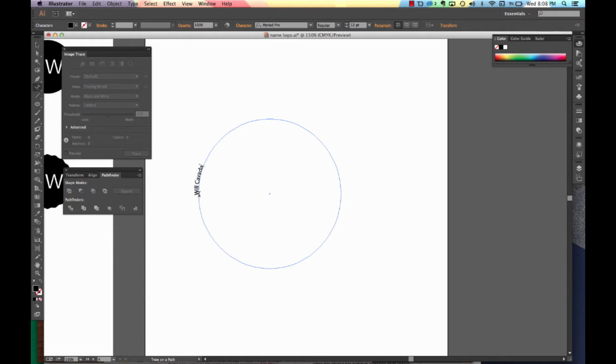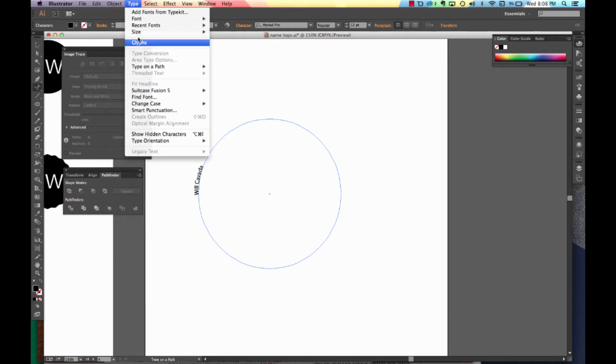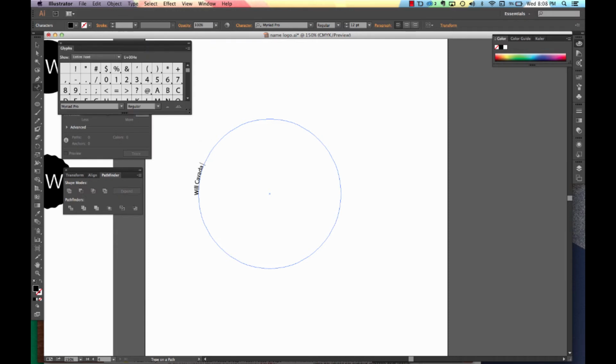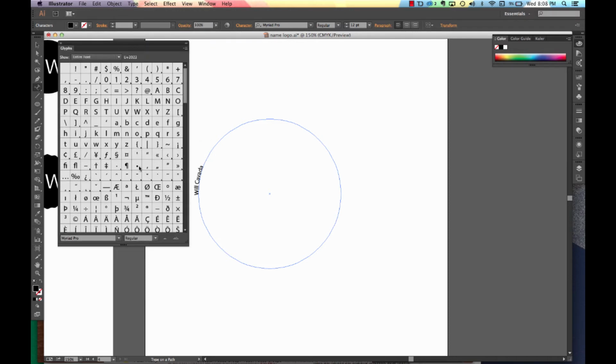Now for a little bit of design flair. We're going to hit our space bar and then go up to type, go over to glyph, and we're going to use our glyph to get a dot. Not a period, but a dot. And we'll click on the dot. Then we'll do a space and we'll write our name. We'll repeat the process by hitting space, going to our glyph and putting in the dot, space,